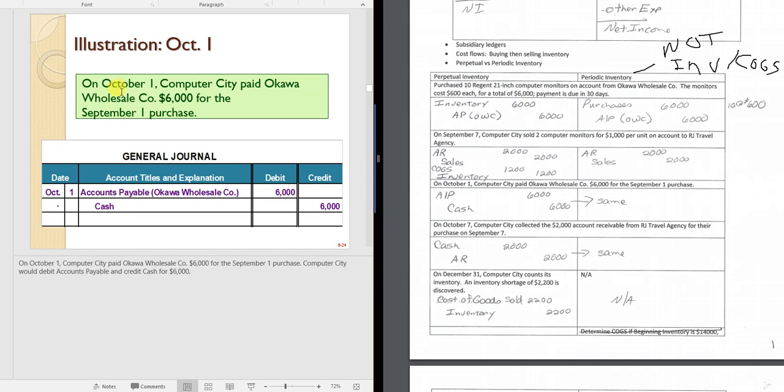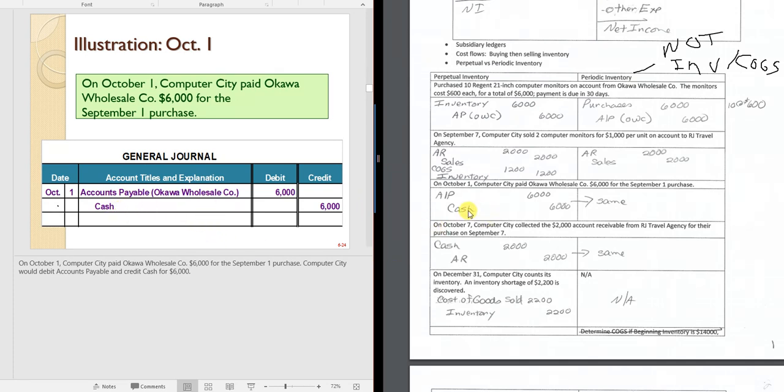All right, next one, they paid, we got paid for it, so, I'm sorry, Computer City, we're Computer City. Half the time in these problems, you really need to try to get your mind wrapped around which company you are. So in this case, Okawa bought from Computer City. I will tell you this is a little bit unrealistic because you tend to work for a company, and so if I worked for the company, I would know which company I'm making the journal entry for. But anyway,